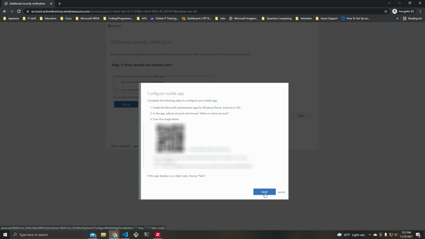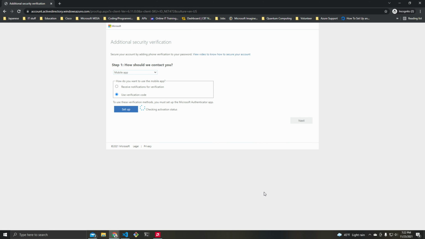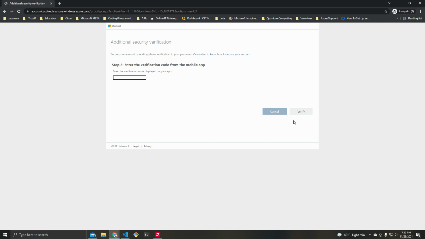Now that I have the account added on my Authenticator app, I'll go ahead and click next, and click next here. And then it will go ahead and check that we have this installed correctly. So on my app, I have the Authenticator app. I'm going to wait a few seconds for the code to recycle and enter the code here. Click verify,